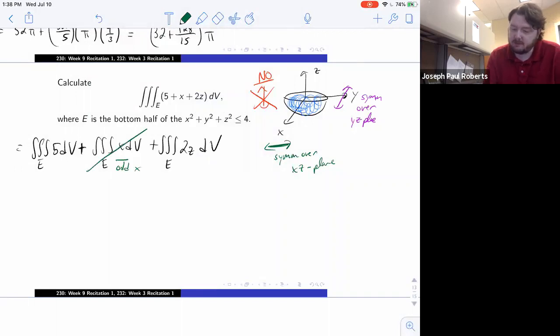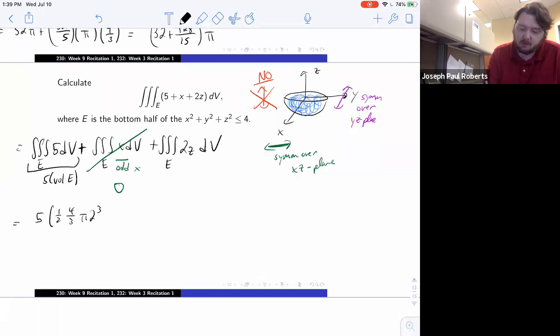The region is symmetric over the xz plane, so that term integrates to 0. It's a half of a ball. So this is 5 times the volume of our region E. So 1/2, 4/3, pi 2 cubed. The volume of half of a ball is just half the familiar formula that you've known for years. So plus 0 plus,